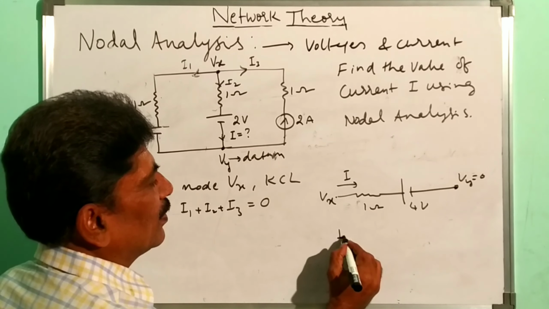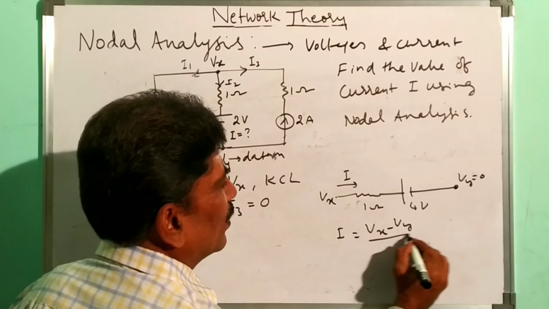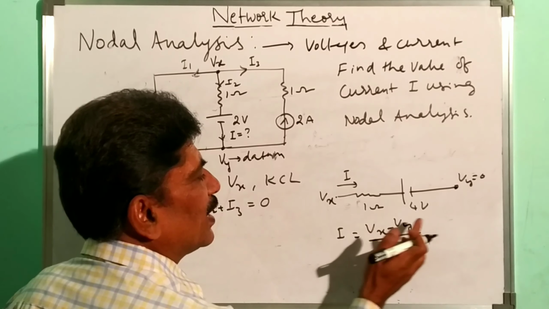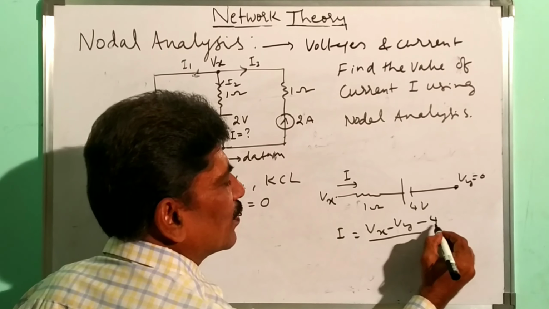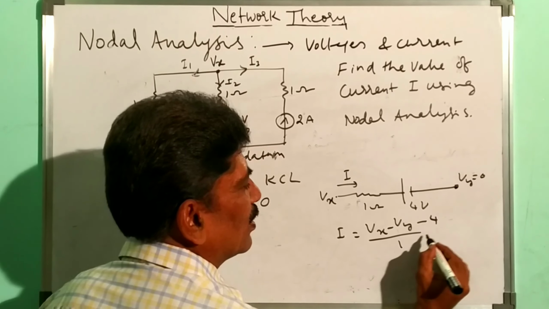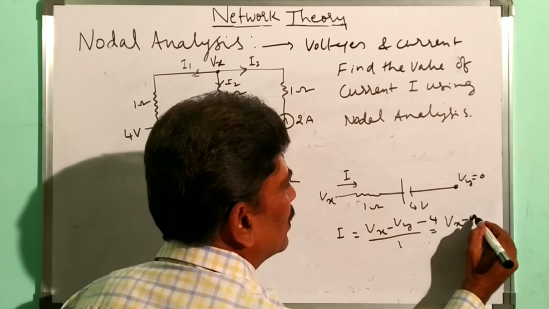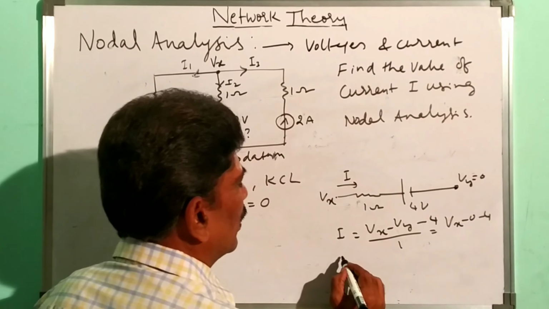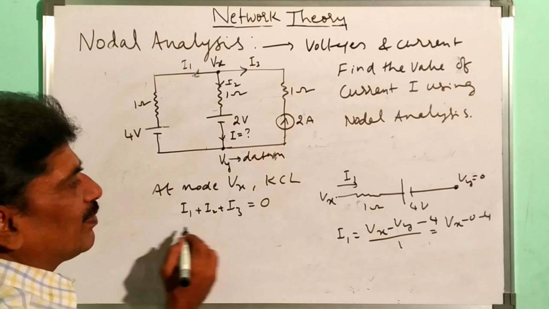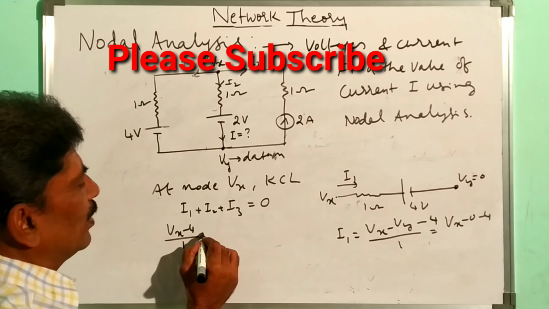So I is equal to Vx minus Vy minus 4 volts, the drop in potential, by R. R is 1, so it is Vx minus 0 minus 4. So in place of I1 I can write Vx minus 4 by 1, plus I2,